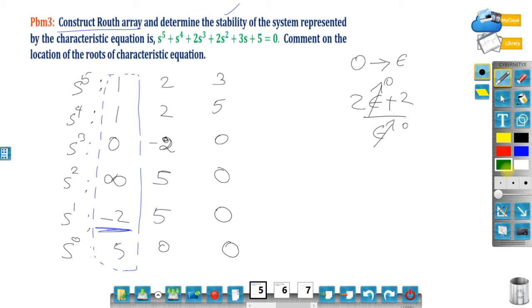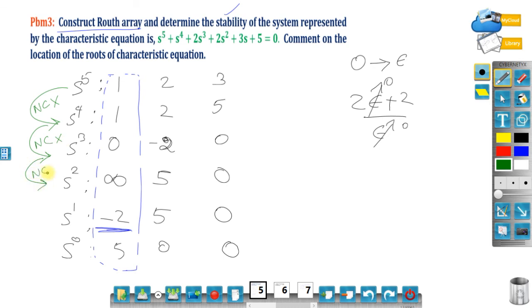Right? So S5 to S4, there is no sign change. You need to closely watch the first column of the Routh array. No need to look at the other columns. Okay, just please look at the first column of the Routh array. So the S5 to S4 transition does not have any sign changes. Okay, so no sign changes. Put a cross mark. And S4 to S3, there are no sign changes. +1, +1 and +1 to 0. No sign changes. Right? Then S3 to S2, there is no change.